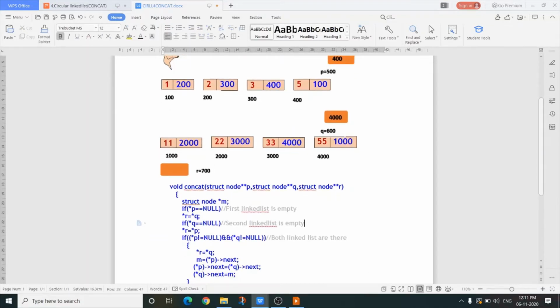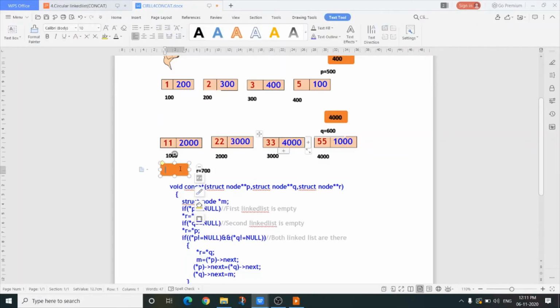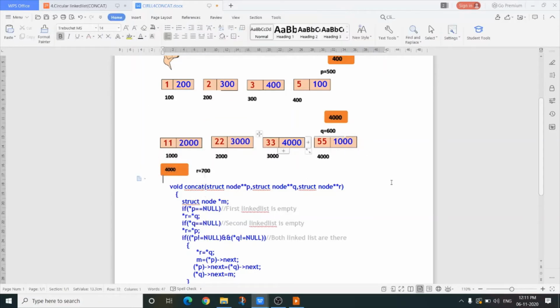Then first I give *R equals to *Q, means value at R should be value at Q, that is 4000. So first 4000 will be here. So this node is our last node. After concatenation of these two lists, this node will be our last node, and the last node address is stored in external pointer.